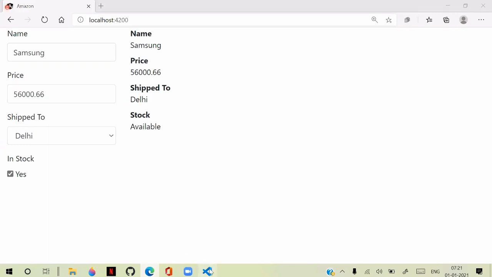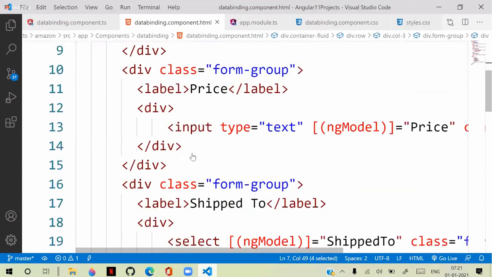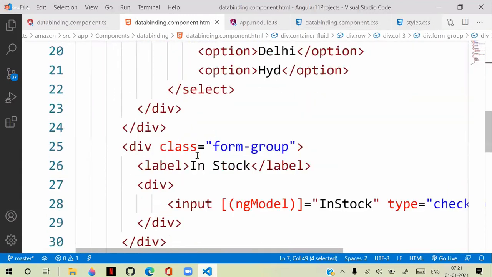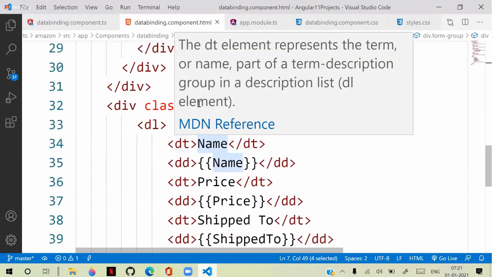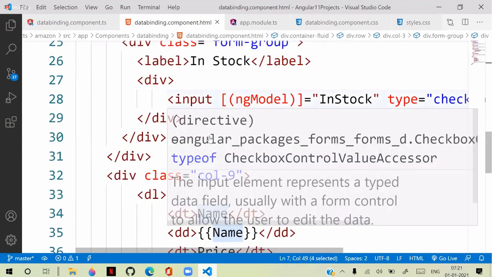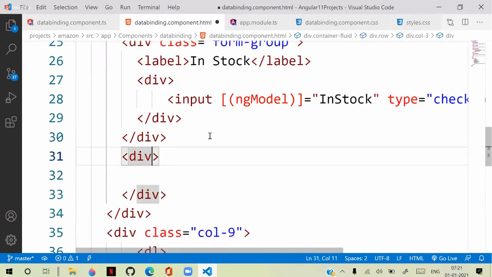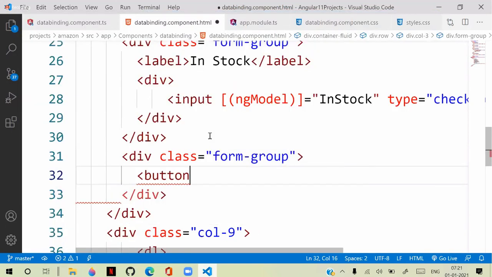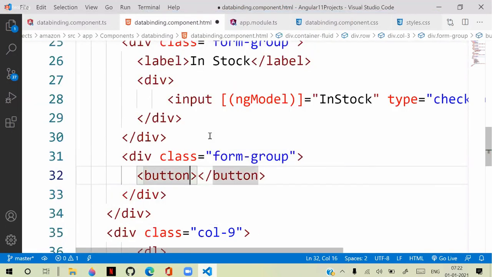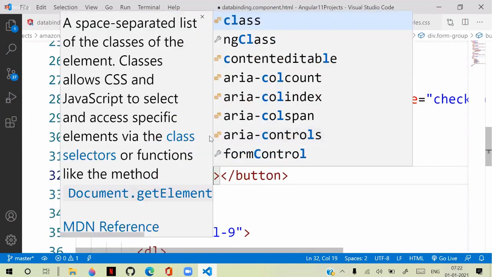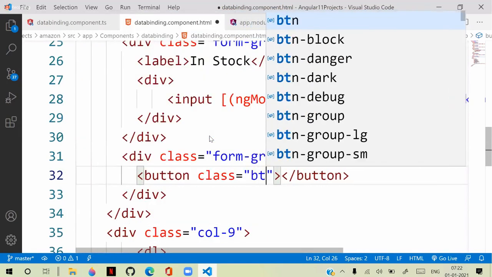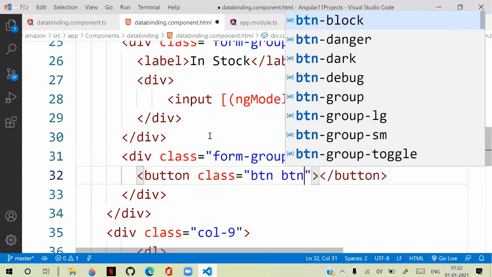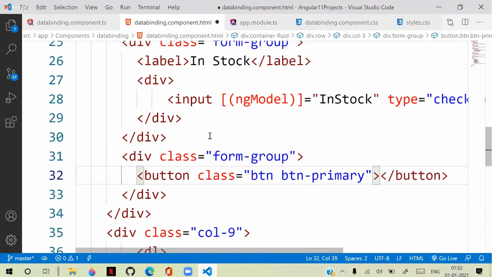So let's go to the design. In the design, after the stock, here I'm adding another div with class form-group, and here I am adding a button. This button will have the class btn and btn-primary, that is the button class, and I will also give btn-block.